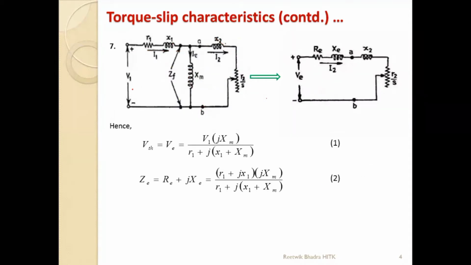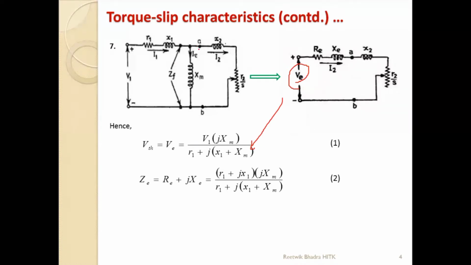So what will be the total voltage? V1 into same impedance, that is we are finding impedance between A and B, that is JXM. Please remember to use your J form because it is a X. So next, what will be the total impedance of this part from R1 to XM back to this negative? So R1, these two are impedances, inductive reactances, so they will get added. So X1 plus XM into J. So total impedance over here is R1 plus J(X1 plus XM). This is your VTH or VE. This VE voltage is this one.